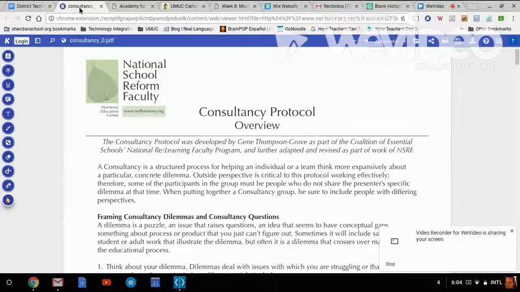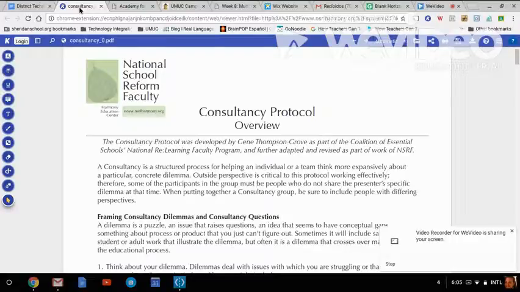Okay, we are going to look at the consultancy protocol overview. This is the protocol that we're going to follow when we look at the reasons why we do not use technology, or rather our students do not use technology in kindergarten through second grade at Sheridan School. This protocol is from the National School Reform faculty, and it is designed as a process to help a team